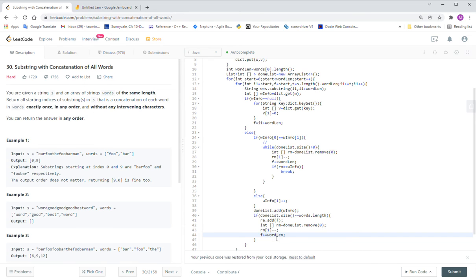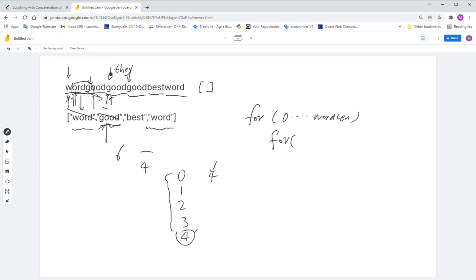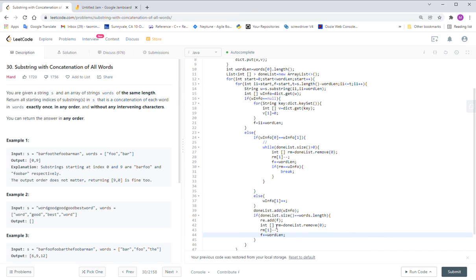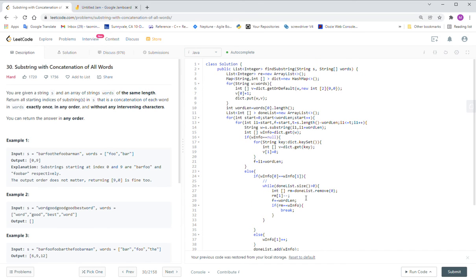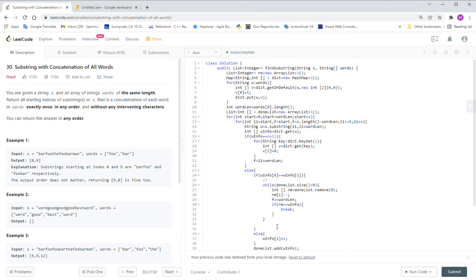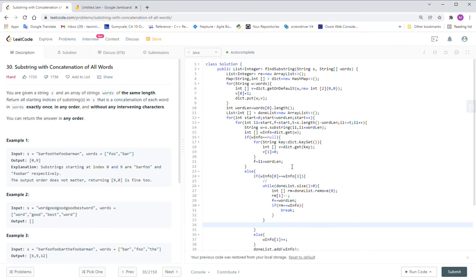And then, because for example, if we find something here and the next word is exactly the same as the first word, so we remove this word, we add this word, this still is a result. So we only let f jump to word lines. Okay, so if we use that way, we find here,